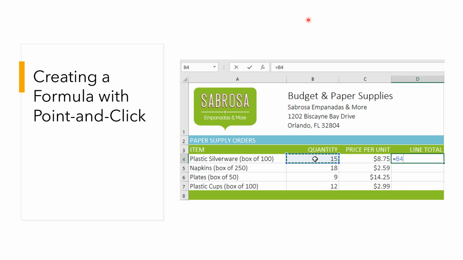Now I have to put in my mathematical operator. In this case, I am wanting to figure out my total price for all 15 of these, right? So I have bought 15 boxes of 100 pieces of plastic silverware. My unit price is $8.75. I want to know what my total price is going to be,